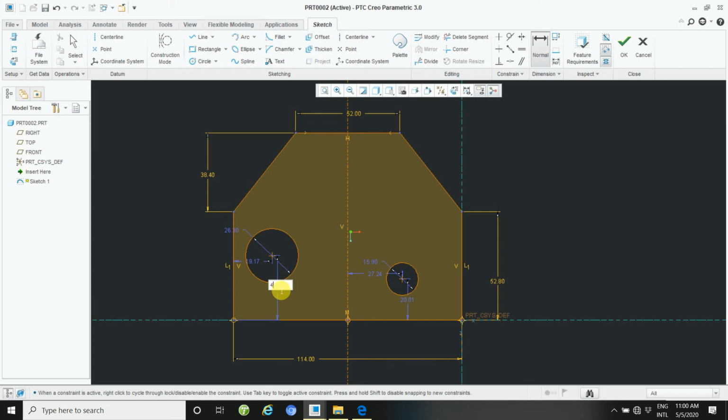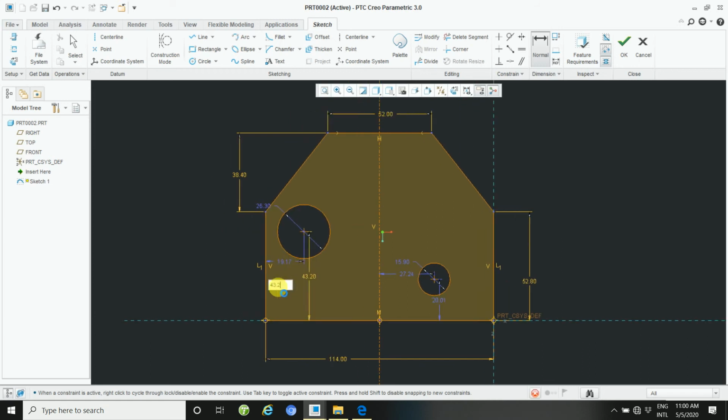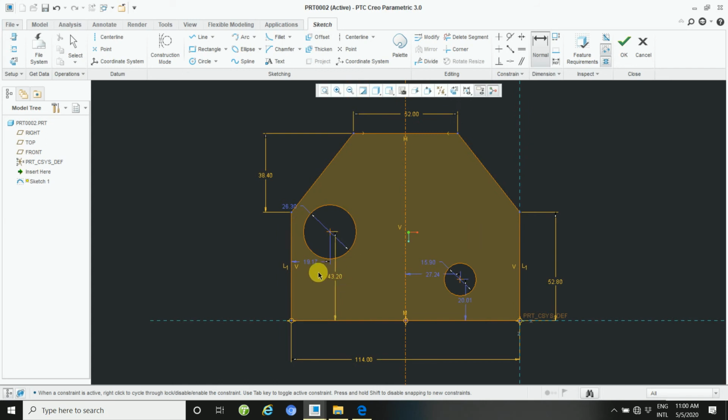Put 43.2, and this distance is 43.2, and then the diameter is 43.2.